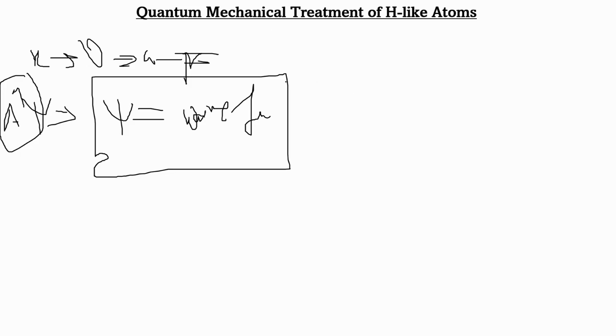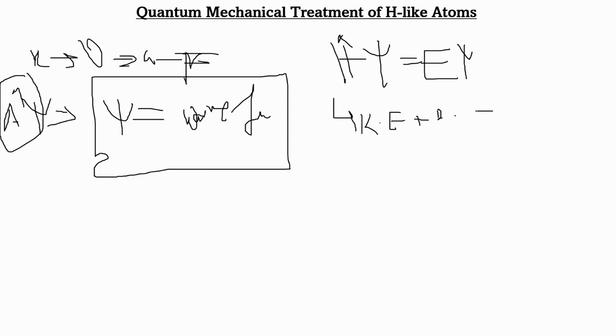In quantum mechanics, we solve Schrödinger's equation, and this Schrödinger equation is nothing but H psi equals E psi, where H is the Hamiltonian operator. Hamiltonian is equivalent to total energy. So when you operate this Hamiltonian operator, it will give the total energy of the system. And if you represent H in terms of kinetic energy plus potential energy,